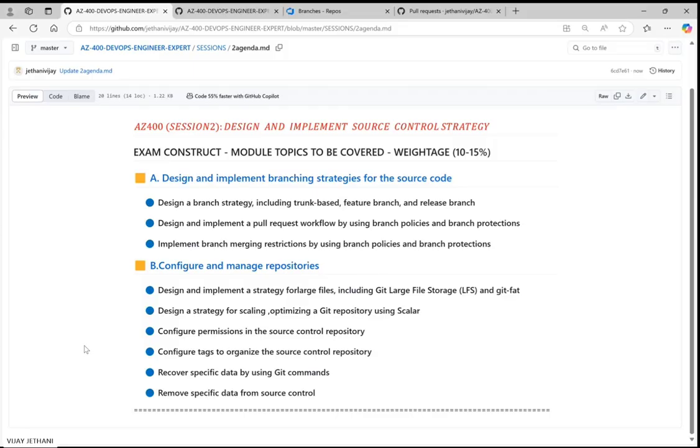Okay, so make sure at this point of time you are understanding the terminologies, and accordingly we cover for our exam. Okay, and last is how you remove specific data from source. Now this is more to do with